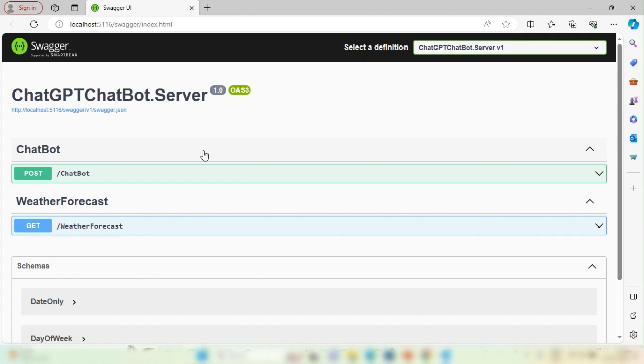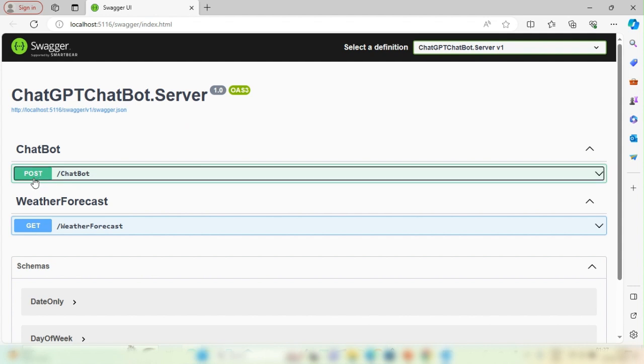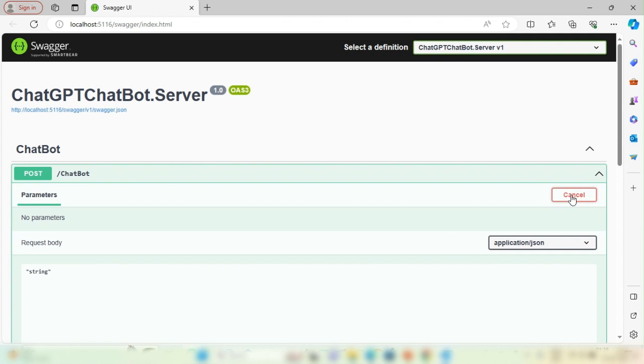So remember, I checked the OpenAPI support, and because I checked it, that's why it gives this Swagger page where we can test our API. So we have created the Chatbot API, right? So click on post, try out,